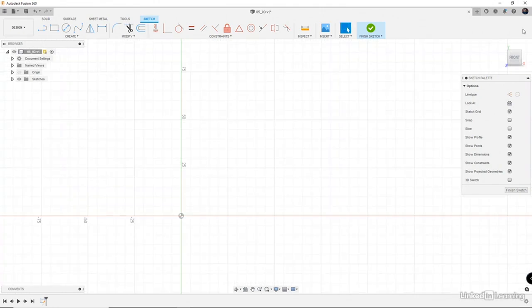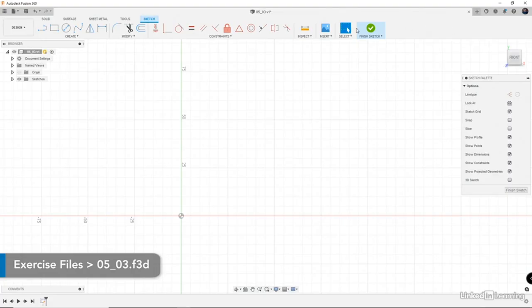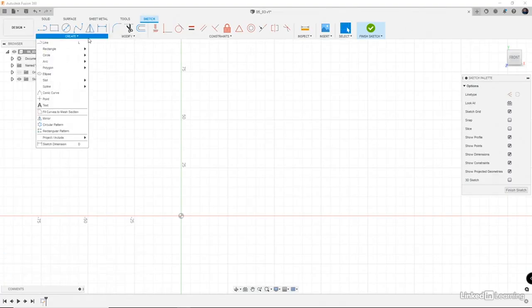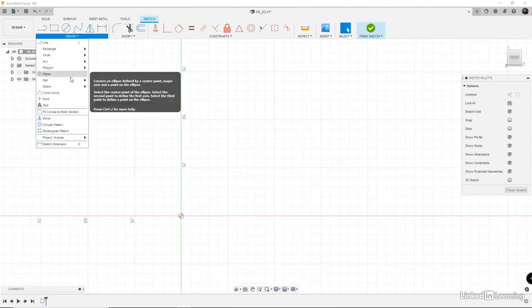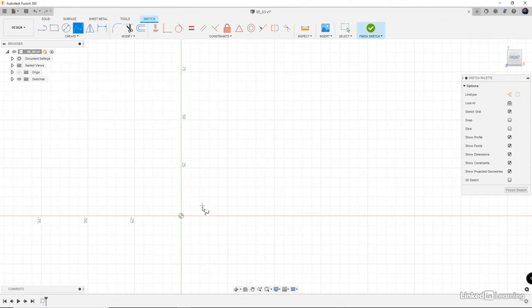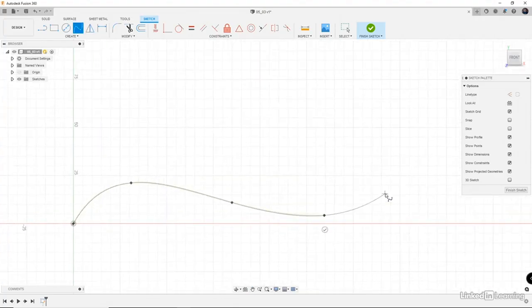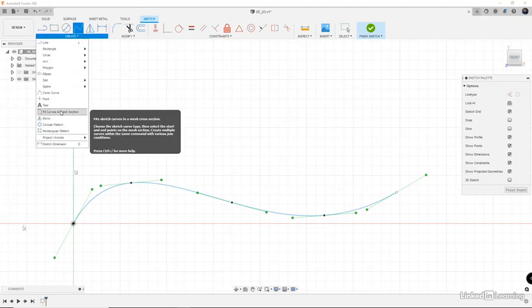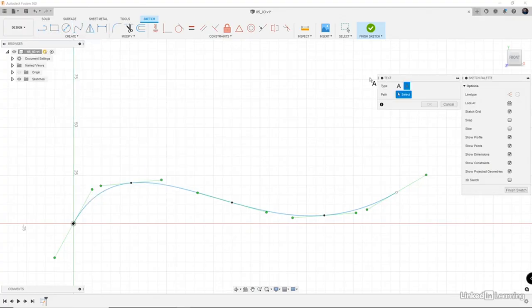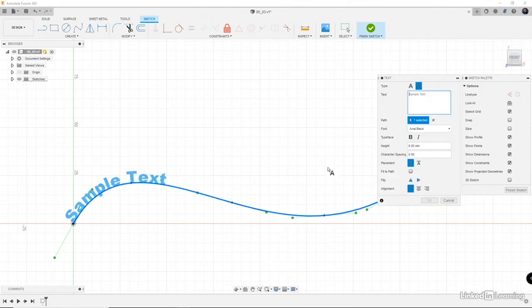Now let's go ahead and talk about one of my favorite features inside of the text tool itself, and that is text along a path. So if you come over here to create and just create a spline for reference, we're going to create a simple spline just for the sake of form, and we're going to go ahead and create a text box that travels along it. So we can select here the text on a path, and then we can select the path itself, and then we can select here some text. Let's just do my name is Aram,